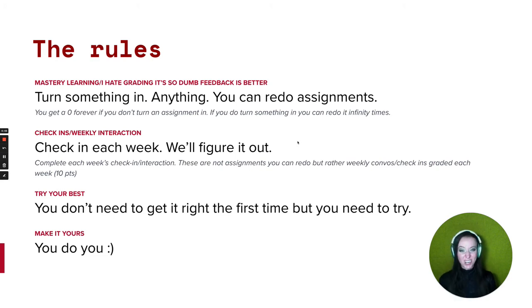Even if the thing you turn in is a paragraph about how you don't understand the assignment or you got stuck on something, that's totally fine. If that's what you turn in, I will give you feedback on it. I will try to help you get unstuck and you can redo it. So turn something in by the deadline, anything, something of any kind of substance. It can be an explanation of where you're stuck, or it can be an outline of what you want to do. Just something that I can give feedback on, and then you can redo the assignments. If you turn nothing in, I'll just give you a 0, and that's it.